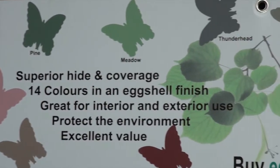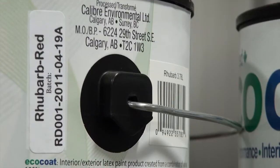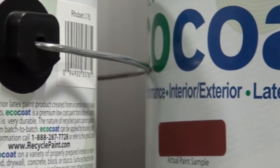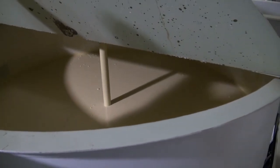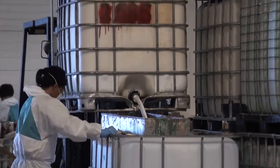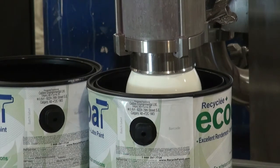With the less popular colors, such as the blues, greens, and yellow, the batch sizes can be as small as 4,000 liters, and therefore the batches may have slightly more variance. After the paint has been mixed for several hours, it will be pumped out of the mixing tank and run through 2 more filters and into another clean tote. The paint is now ready to be poured into new containers and packaged as a recycled paint ready for shipment